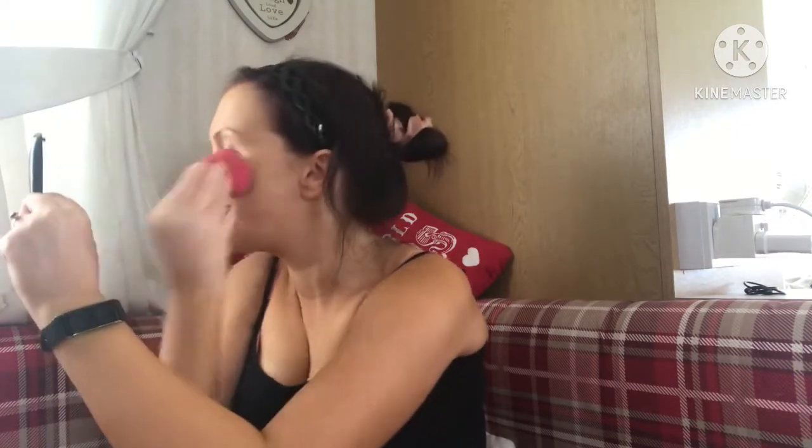I do know you have to work fairly quick with this foundation to get it to blend in, or it does set within seconds of applying it. So I have to literally